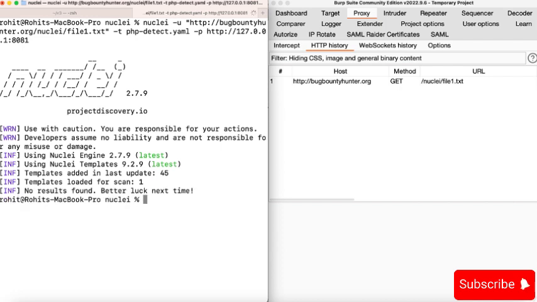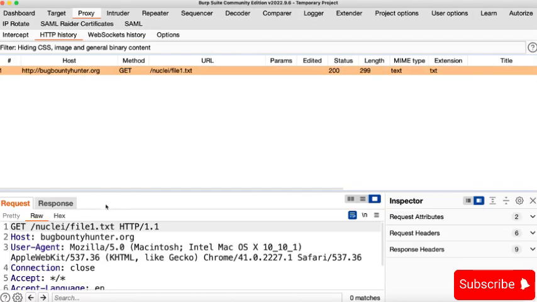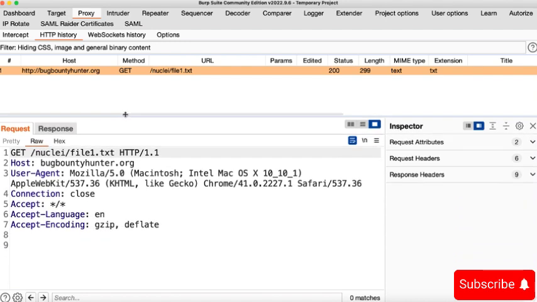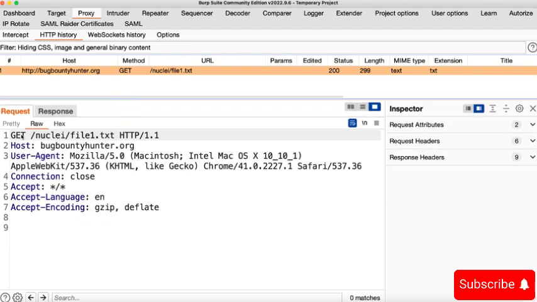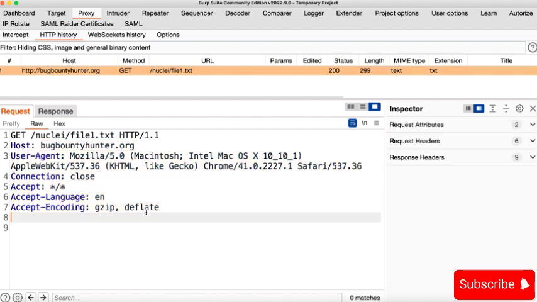Let me hit enter and you can see we were able to successfully see a request that has been passed through the proxy, which is amazing. Let's click on this request and you are able to examine the request more. You can see the current request that was sent was with a GET HTTP method to a file path, which is this. The host that was used is bugbountyhunter.org and other headers can be seen over here,